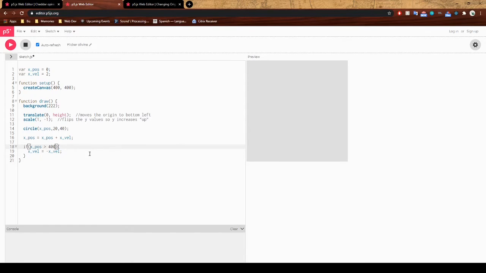So let's add another conditional where if this goes off the screen to the right, or if it goes off the screen to the left, then it'll flip the velocity. So let's go ahead and see what that does. Awesome. All right, so we got it bouncing in the horizontal direction,